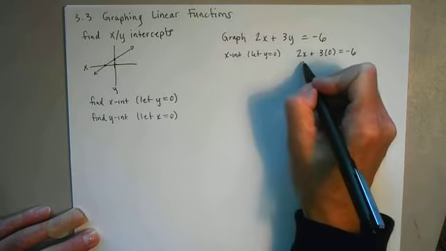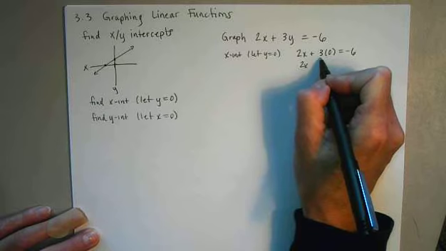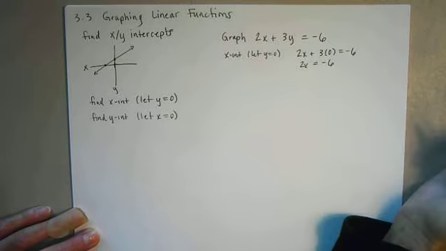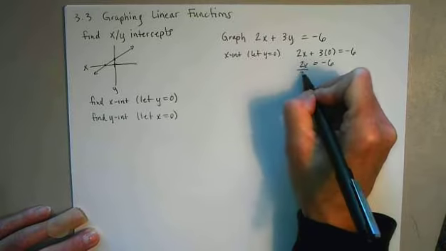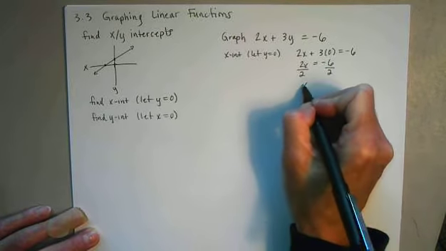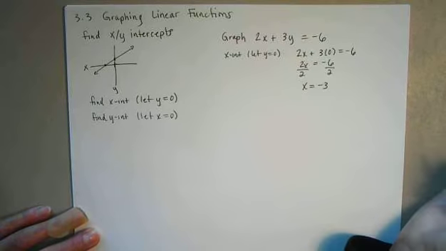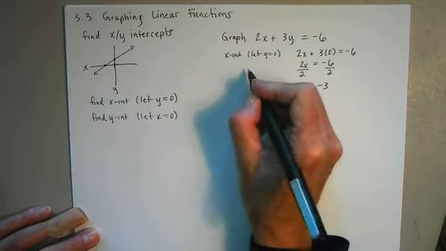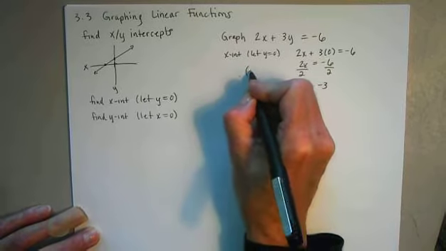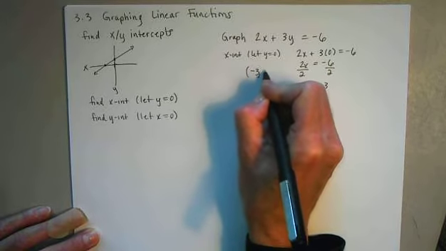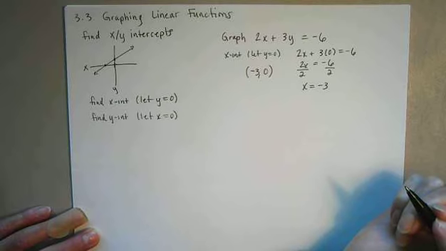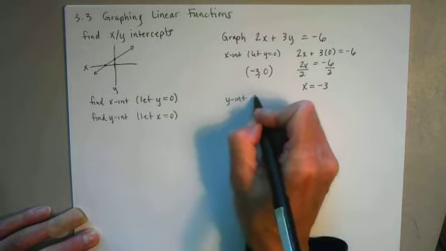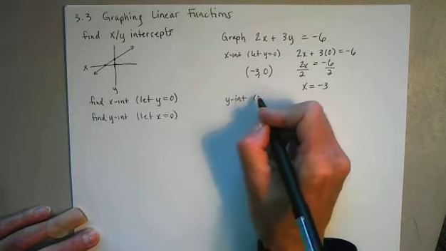And then we just solve, and we go, oh, 3 times 0 is 0, so that's gone. And all I have is that. And then to get x alone, we'll divide both sides by 2, so I get x equals -3. Now we already know that we let y equal 0, so x is -3 and y is 0. And that's 1 point. Now we'll need another one, so let's get a second one by finding the y-intercept by